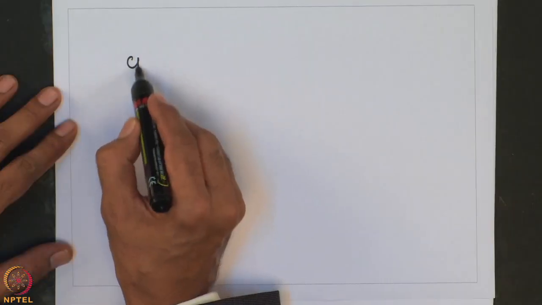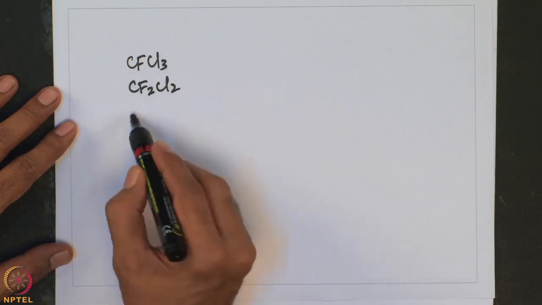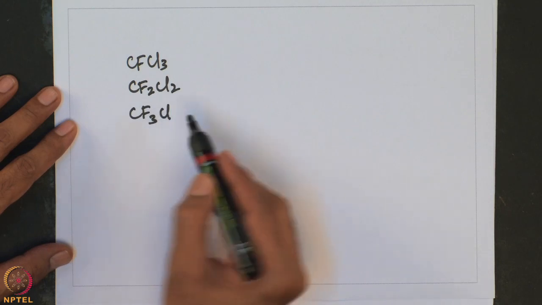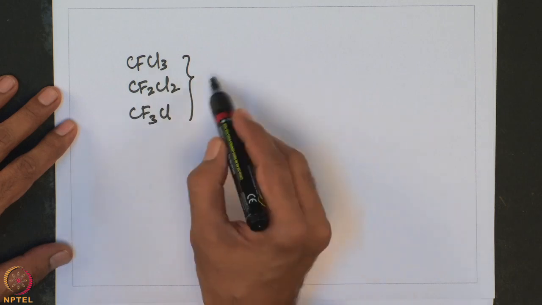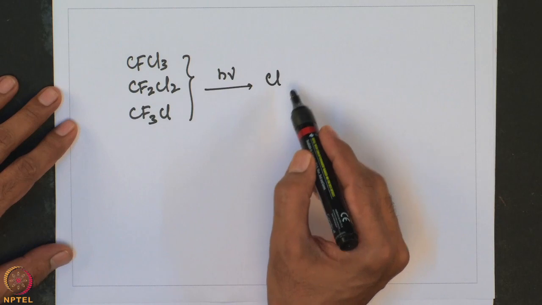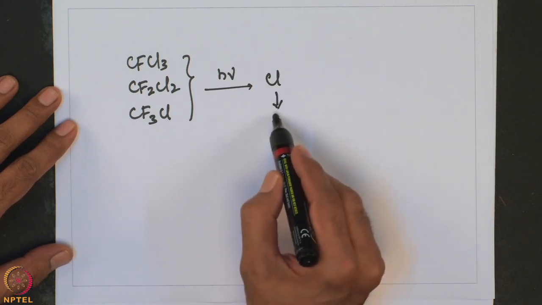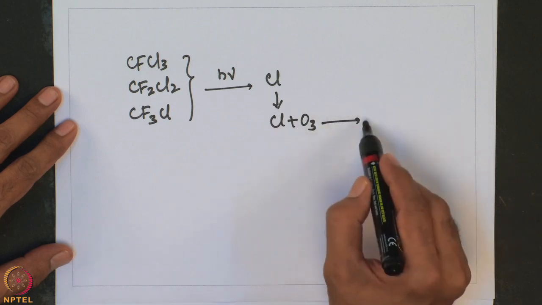For example, the type of reactions that happen in the upper atmosphere that are responsible for the depletion of ozone can be seen in this reaction here. CFCl3, CF2Cl2 or CF3Cl are essentially called freons or chlorofluorocarbons. So, on exposure to sunlight they generate radicals, and this radical will react with ozone very rapidly to